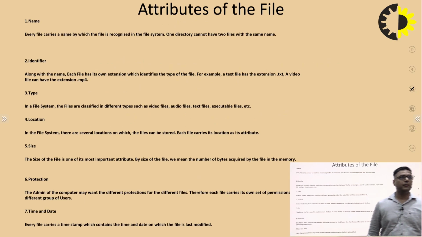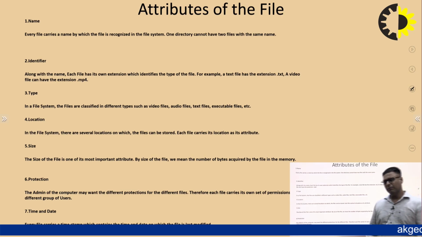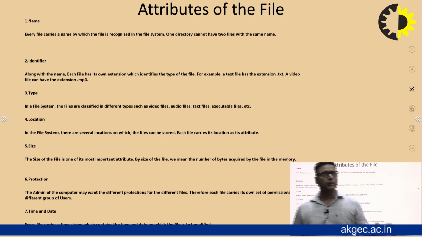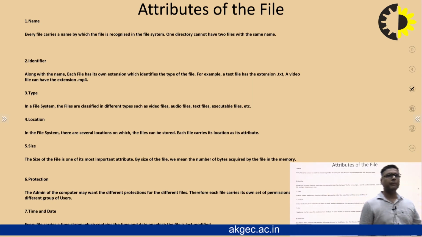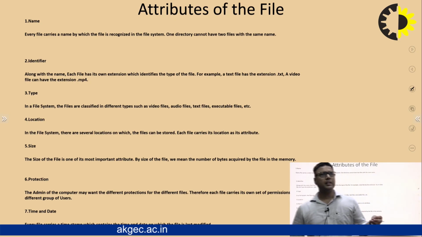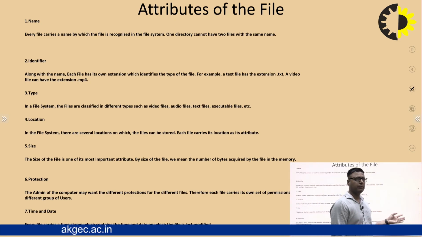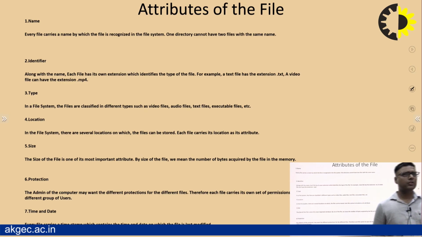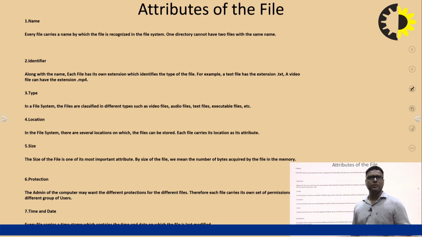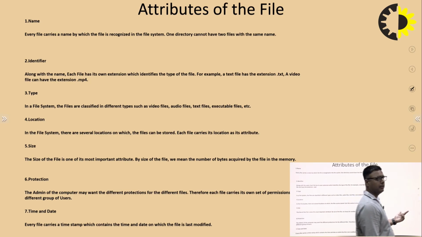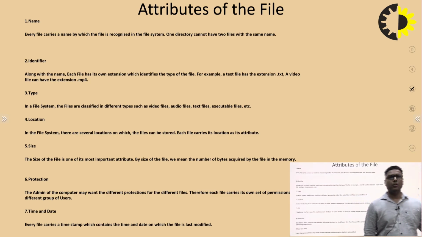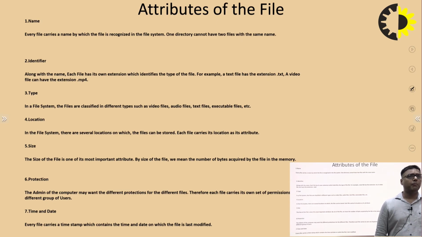Here are the attributes of a file. All of you will have to use this in an exam. This is the fifth unit of the operating system. In an exam they just ask theoretical questions about files, and here are the attributes of the file. A 2 marks question asks what the attributes of a file are: name, identifier, type, location, size, protection, time and date. Name: every file carries a name